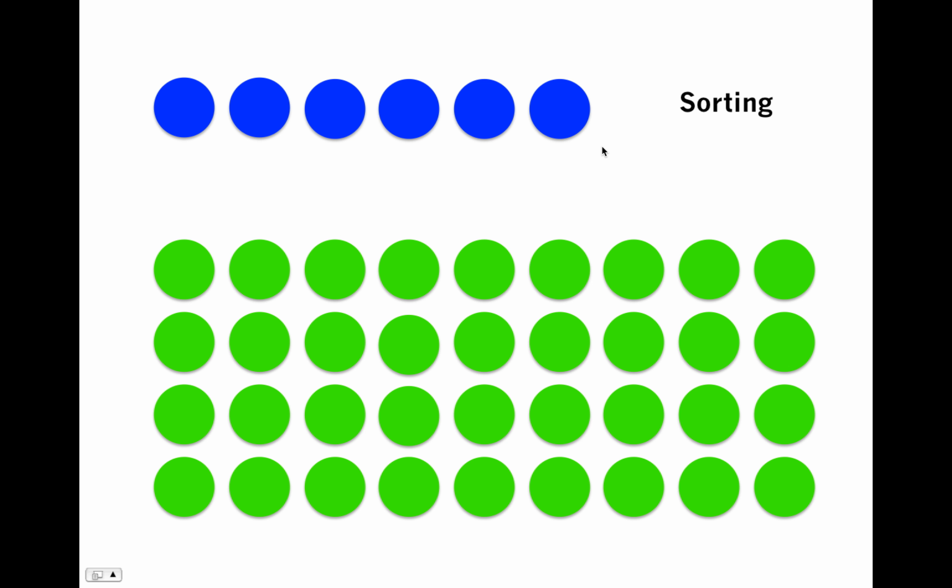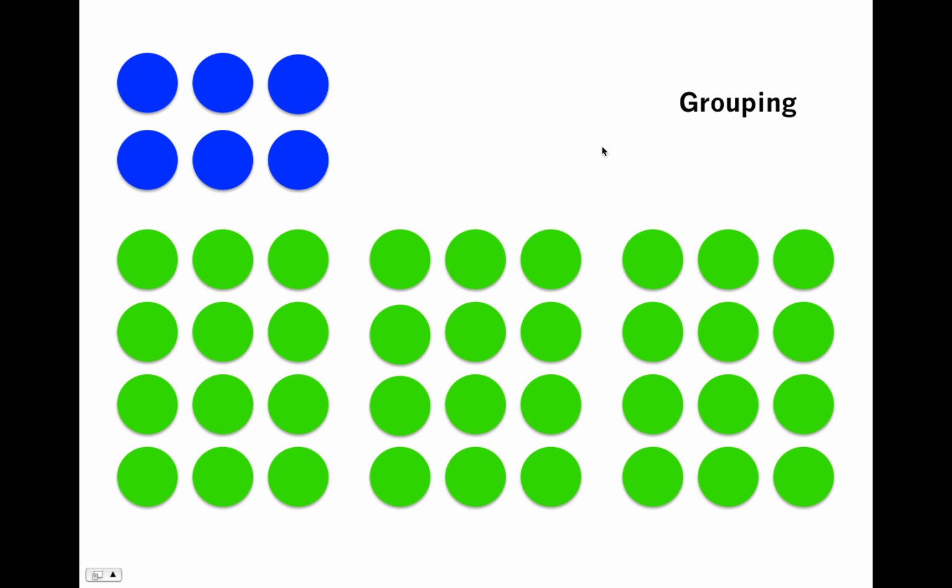So now we could do sorting. By sorting, I mean we could group. We can put all the blue dots into one area. We sort them, and then we move all the green dots together. So it's much easier to see the two groups, right? And similarly, we can do grouping, right? I would group the blue dots and the green dots. I will also use proximity, right? So the blue dots are close together. They're also well aligned, so they form a nice group. Same for the green dots.